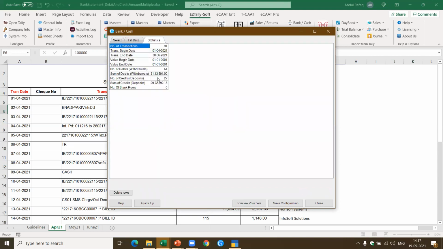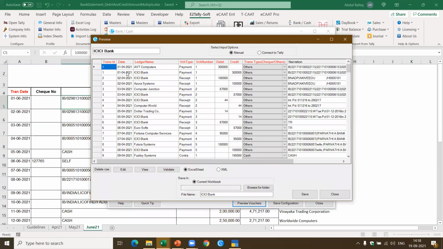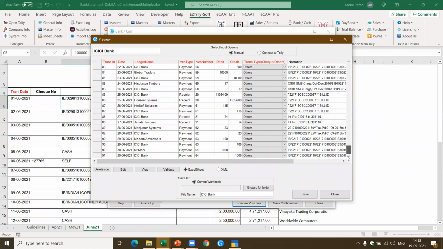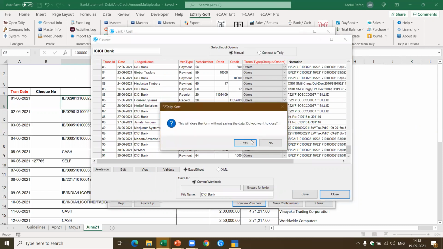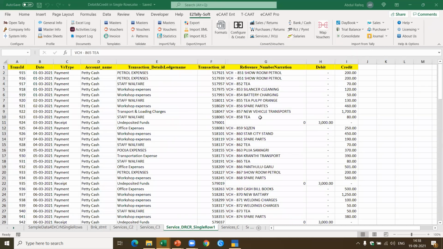Now you see when I convert, this is from 1st April to 30th June, which means all three months have been taken. I didn't select value date, that's why it's coming as blank. Let me do the preview of the vouchers. Here I've got 1/4/21, and if you go to the end, it goes up to 30th June 2021, which means all three months have been converted. If there are 12 months or whatever number of periods, I can convert everything in one go. I can save this and then we are ready to import into Tally, provided the ledgers are available.